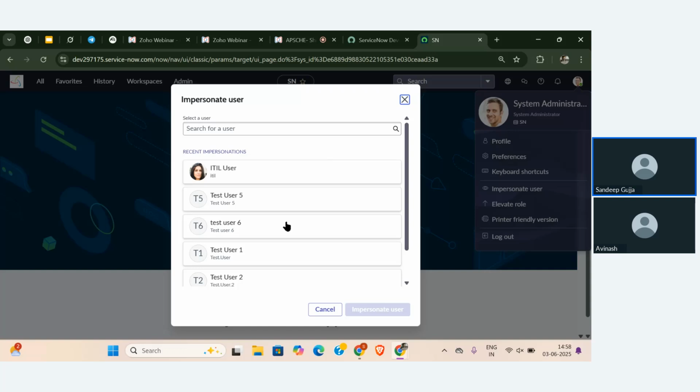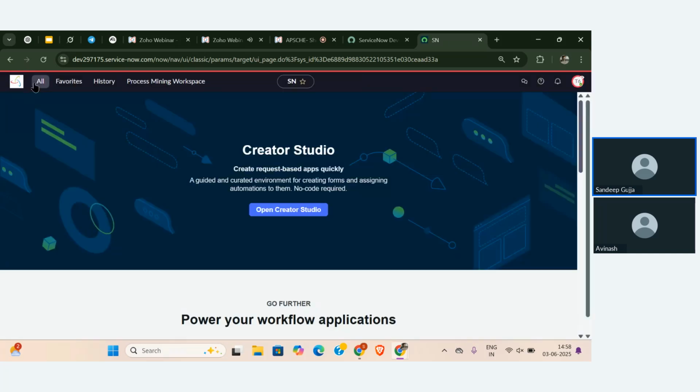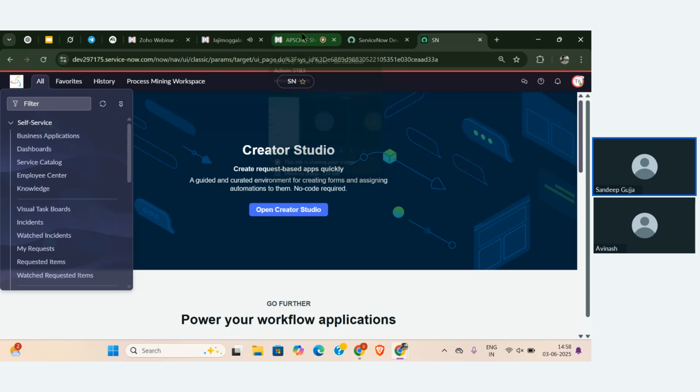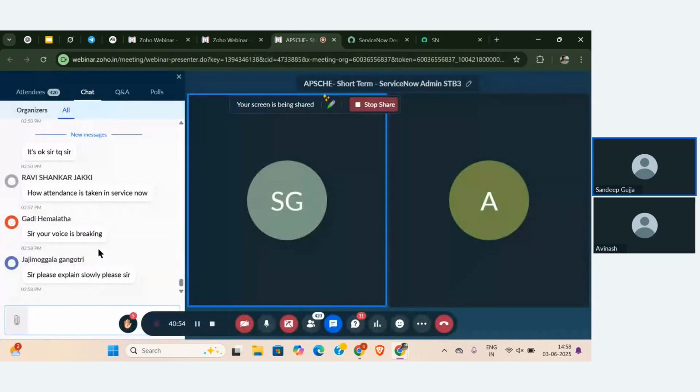So now let's consider that this test6 user is the end user, impersonating that test user. So now let me go and create one ticket. We got an issue in the Wi-Fi, right? So where we got the issue? We got the issue regarding the